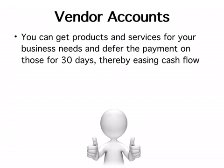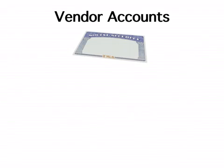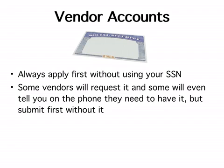You can get products and services for your business needs and defer the payment on those for 30 days, thereby easing cash flow. And some vendors will approve your company for net 30 payment terms upon verification of as little as an EIN number and a 411 listing. Always apply first for vendor accounts without using your Social Security number. Some vendors will request it, and some will even tell you on the phone they need to have it, but